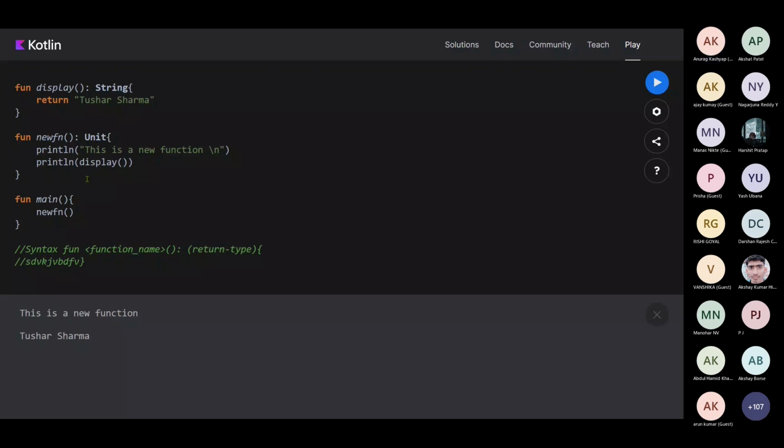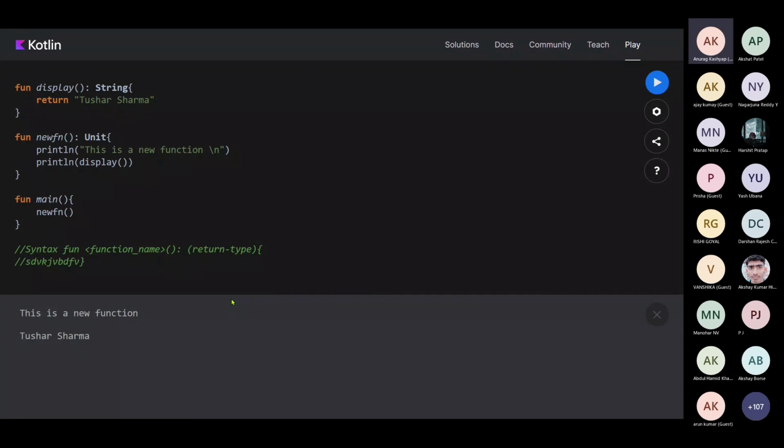First, the compiler finds the main function. It sees that I have called the new function. I'll go inside and print this line, "This is a new function." After that, I'll go to the next line, which calls the display function. So I'll go to the display function, go inside and return this value. This is the whole flow of the program.